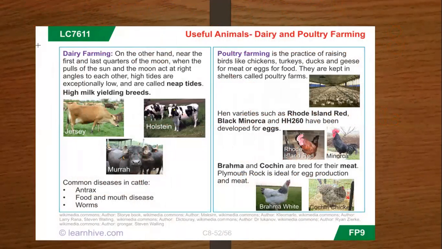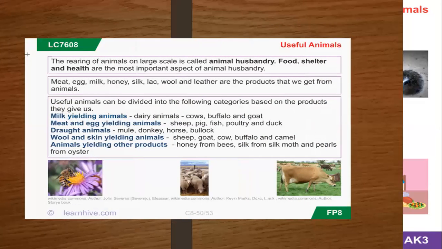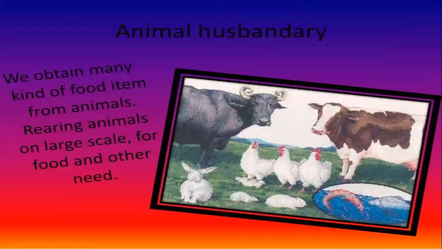So we have some useful animals. From them we are getting dairy and poultry products, and we are getting a lot of food from these types of animals. Some animals provide flesh, some give eggs, milk, and all these things. The main purpose of this study is that these animals provide food to us, because the human population is increasing day by day. So we need animals; plants alone are not sufficient for us to eat.